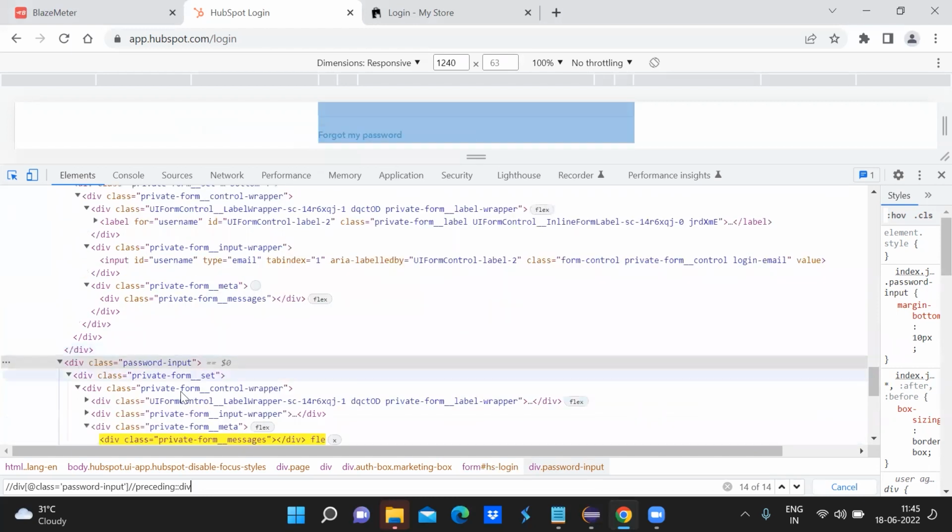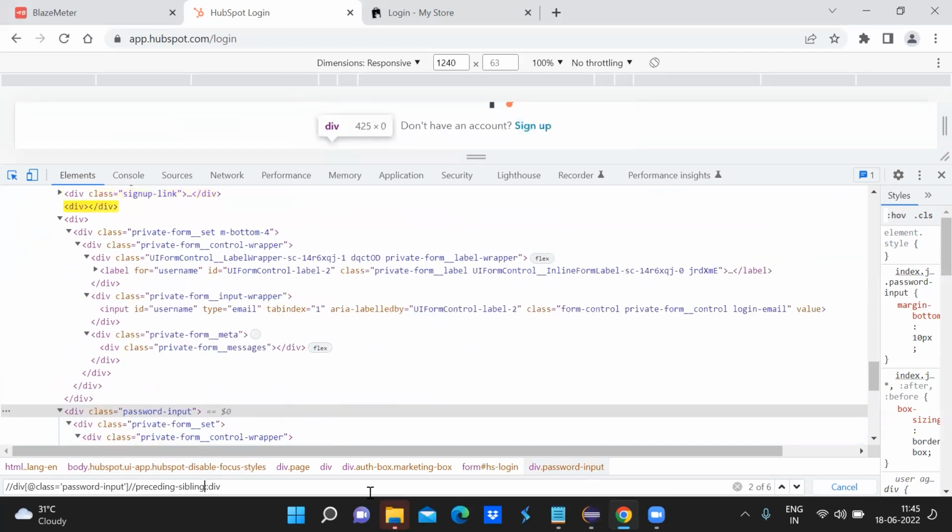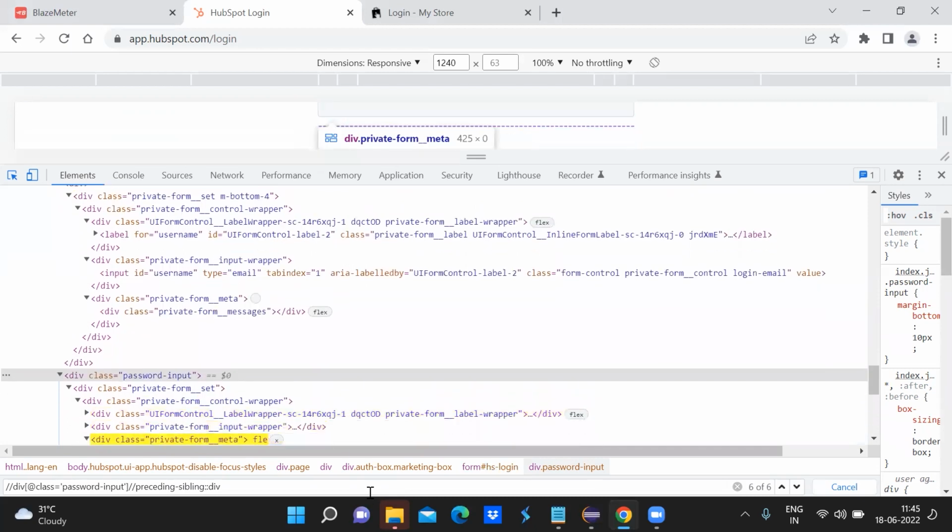Ideally it should not select. All the preceding nodes having the same tag name should be selected with this, or preceding sibling will give you the siblings only. Okay, so concept wise that is the